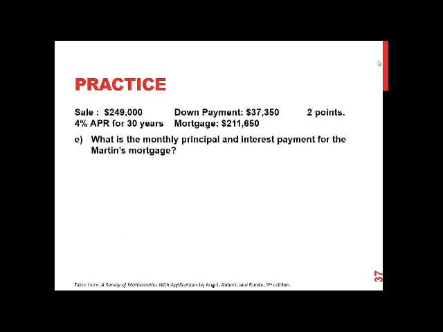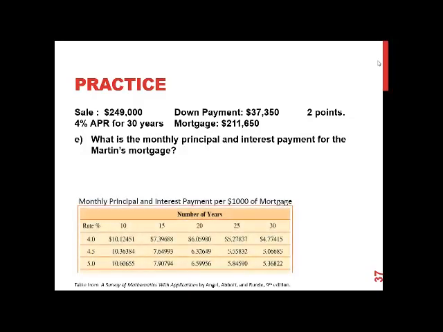And finally, what is the monthly principal and interest payment for the Martins' mortgage? Well, rather than go through that ugly formula, let's bring up the table. With this table, we have the actual payment per $1,000 of mortgage. So if you get a 10-year mortgage at 4% interest, you're going to multiply the number of thousands times $10, and that'll tell you what your payment is. In this case,